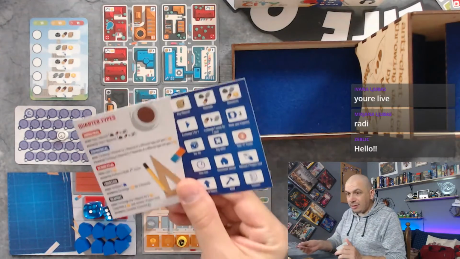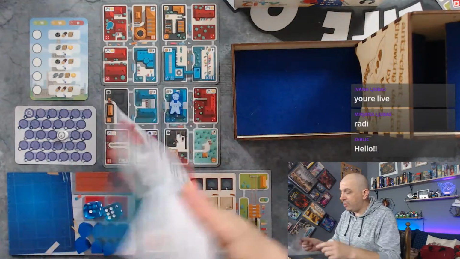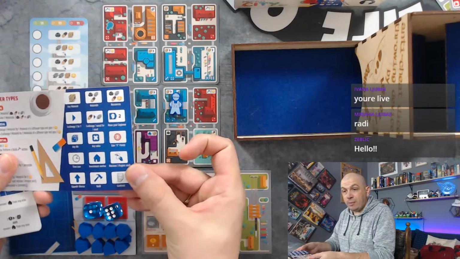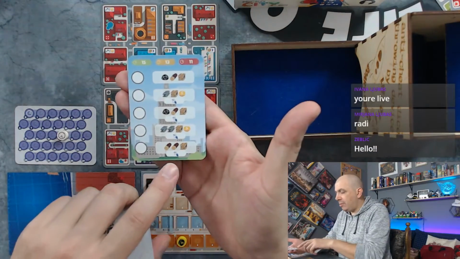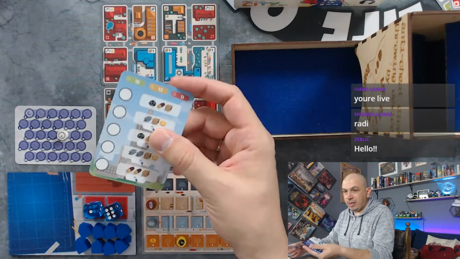I have a little handy dandy cheat sheet here that tells me all that I need to do in a round and all the different symbols. So this one says retrieve one project card, and as you can see on this card up here, each time we build a stage of the building, we can retrieve one of these played cards,